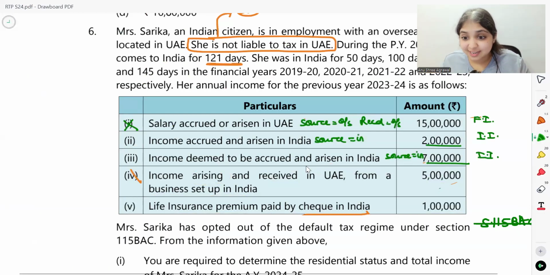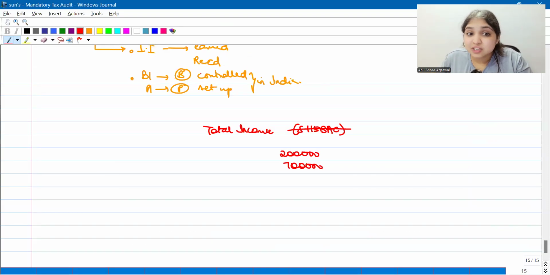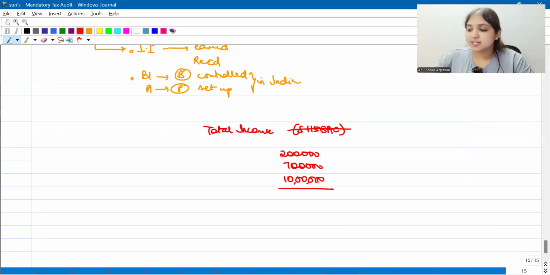Then this is interesting. This, remember, for this purpose we changed it to 10 lakhs. Now see, income arising and received in UAE. So where is the source? The source is outside India and it is also received outside India, but it is from a business set up in India. So it is a business income from business controlled in India. At this point it will fit in under this. So this 10 lakh also you will consider for your RNOR assessee. For NRI, we will not consider, but for RNOR, we will consider because business income from a business set up in India. So therefore, right now, if you see, the GTI of your assessee is going to be 19 lakhs,